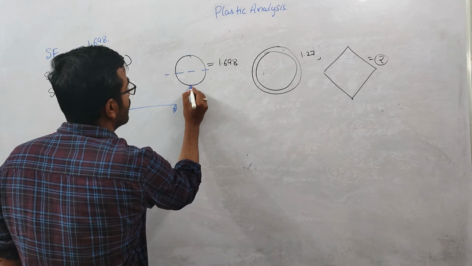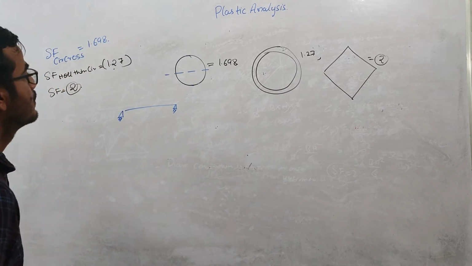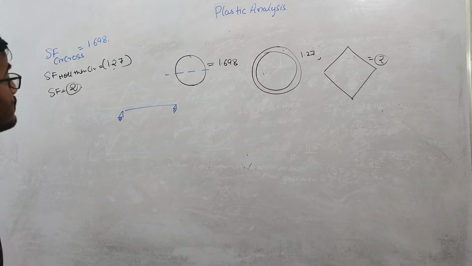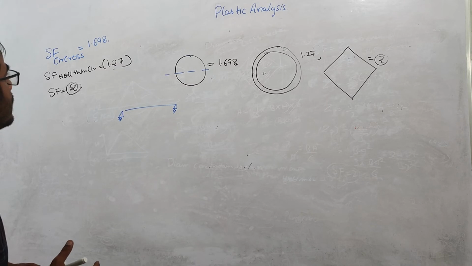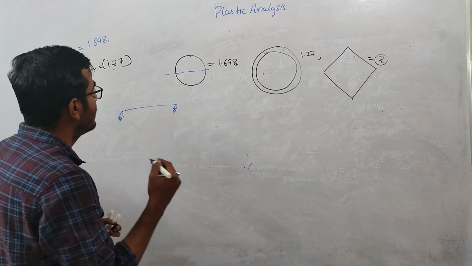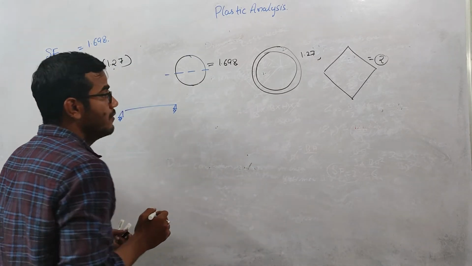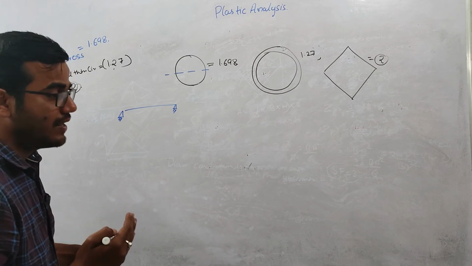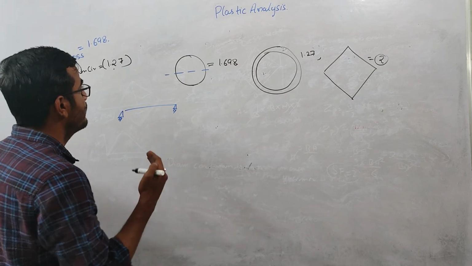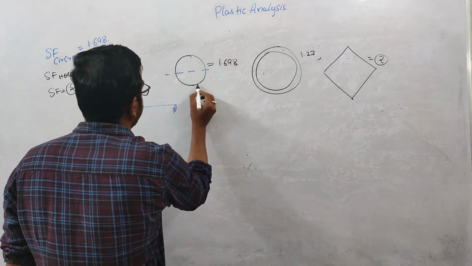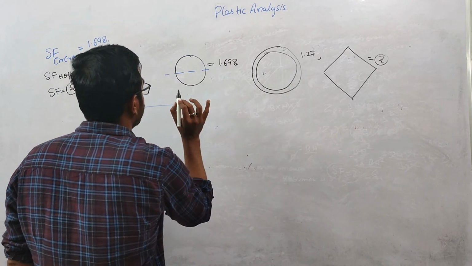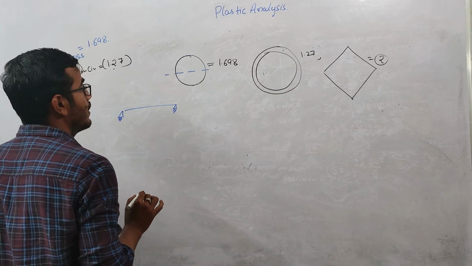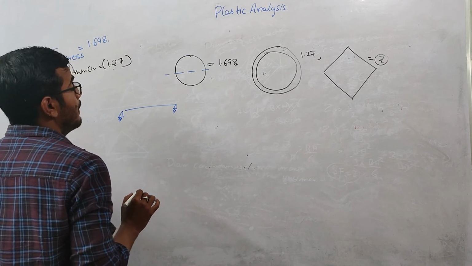Now for a cross section to be designed for bending, it should have maximum material at the outermost fibers, because the bending stress will be maximum at the outermost part only. Right? But here you can see that